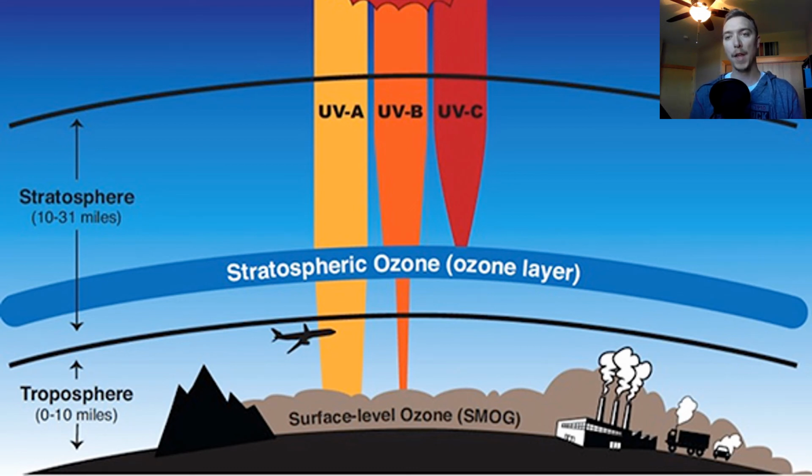Just to show that a bit more visually, here we can see UVA radiation will get through most of the atmosphere and get down to us. UVB is mostly absorbed in the stratospheric ozone layer. And then UVC is completely absorbed by the stratospheric ozone layer. But once you get down lower, there's surface level ozone, and that is our fault for the most part. There shouldn't be a dense layer of surface ozone, and that is contributed by